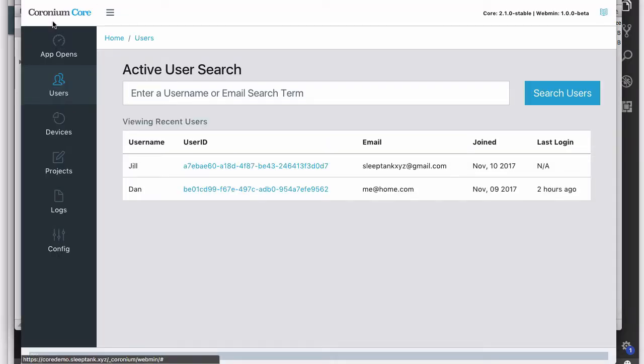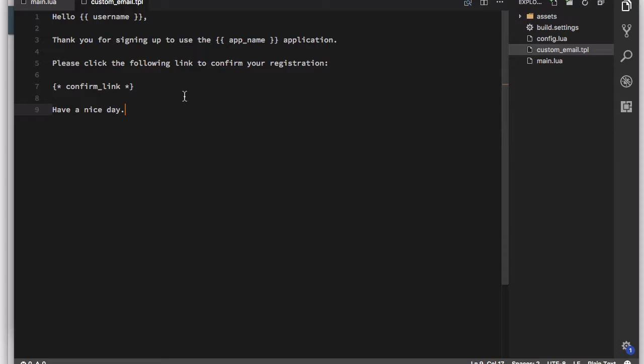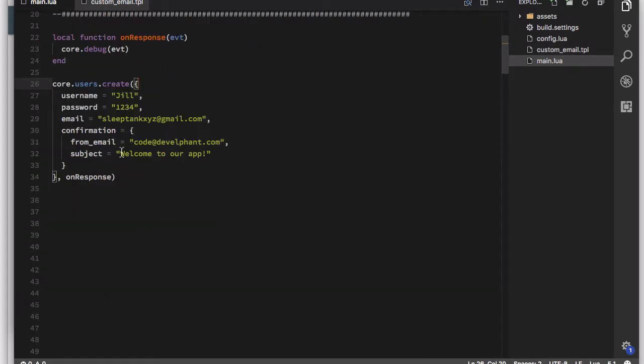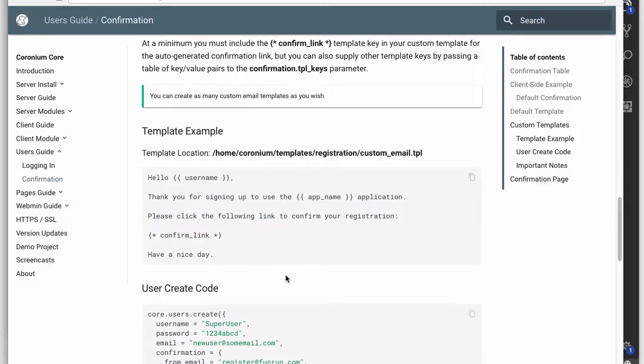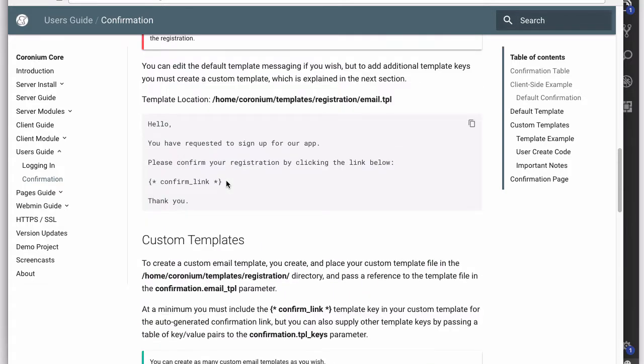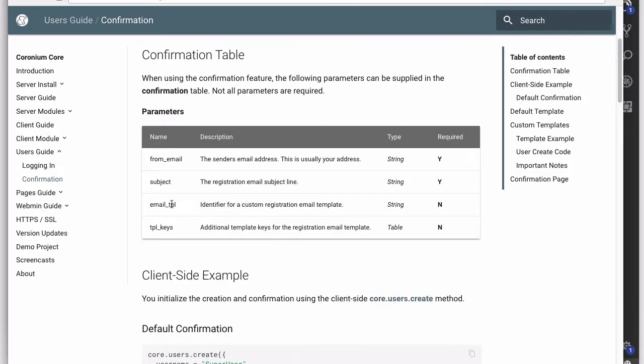So now once we jump back over to our code, we can start utilizing this. And again, we have this username and this app name. Let's go ahead and add a few extra parameters. The first one is going to be what the email template is that we want to use. We can take a look. There's some example code here, but also up here at the top where it shows our parameters, we see that it is